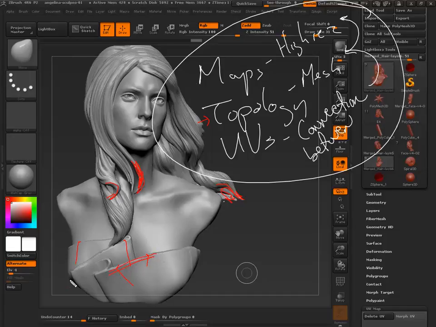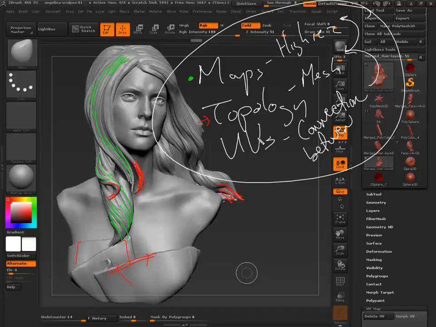But now if we're dealing with maps, maps are going to be things like this, this kind of bumpy surface. That's all a map. That's also a normal map. And again, UVs are the things that are going to connect that.